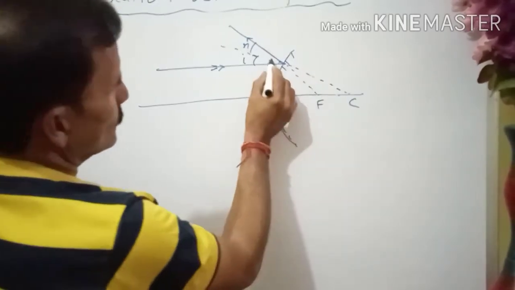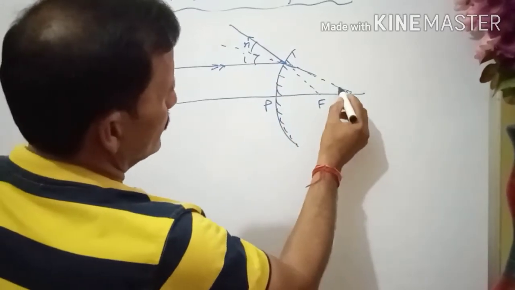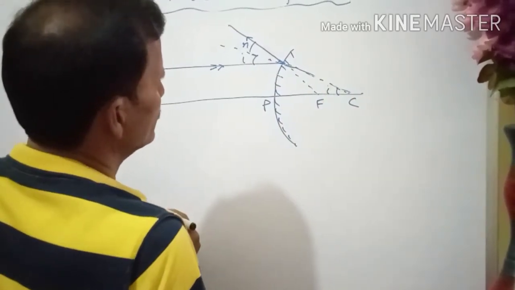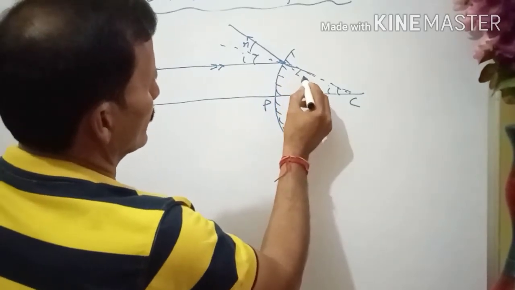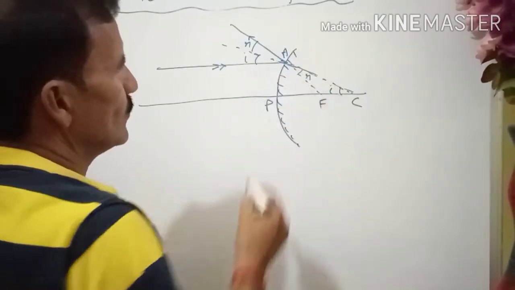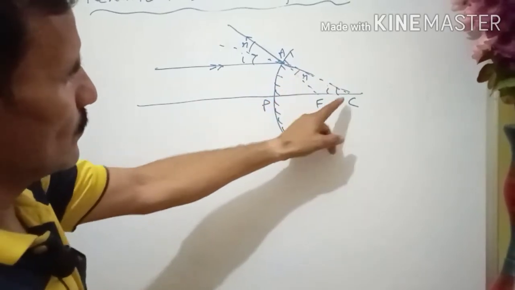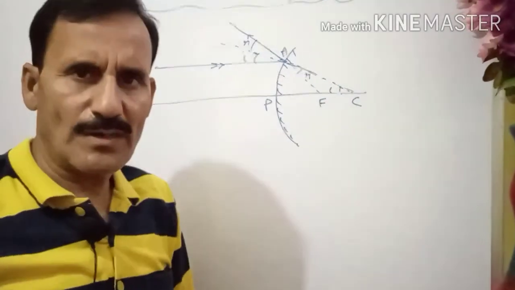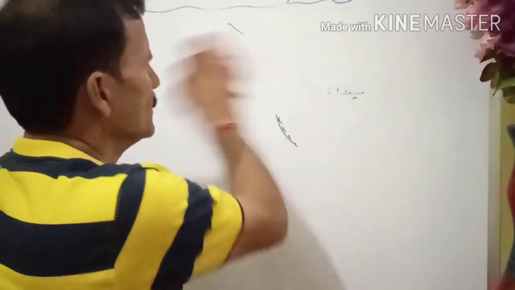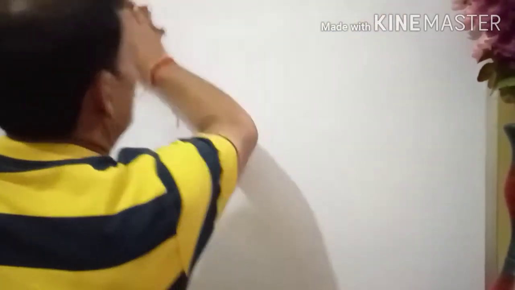So you know this is a straight line. So this is I, then this is also I, corresponding angles, and this is equal to R, opposite angles. So in this triangle also, if you move like that, you will get I equal to R, so this equals this, and so this. So you can do that. That is similar, only the figure is different. So this is done. Now come to another relation, that is called the mirror formula.